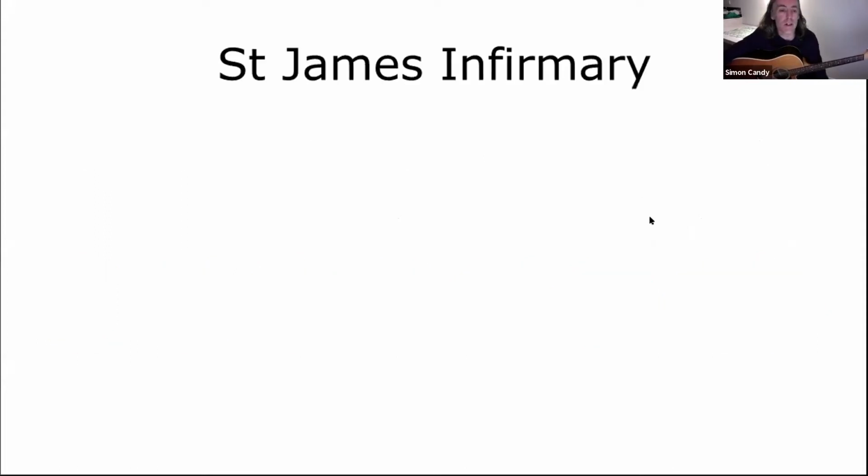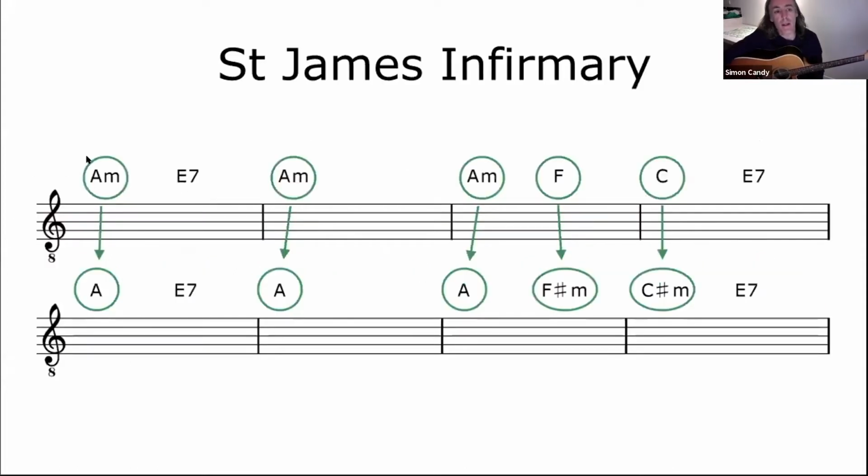So in much the same way we did with the melody, we're going to take the chords here and convert those to their corresponding chords in the major key. So like for like again. So we've got A minor, E7, the original harmony here. Okay, and if I convert that to the key of A major,